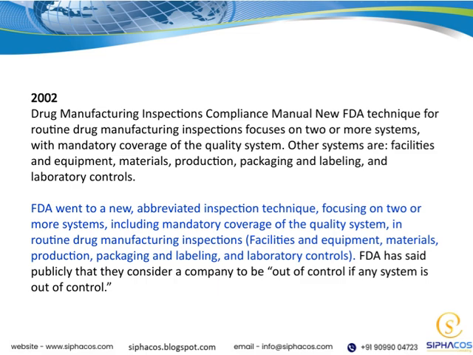This new technique underscores the importance of a holistic quality approach, where controlling key systems ensures overall compliance. It's a significant step toward more efficient oversight, but it also highlights that all systems are interconnected. If one falters, it can impact the whole operation. This aligns with our overarching theme of ensuring robust quality management throughout the manufacturing process.